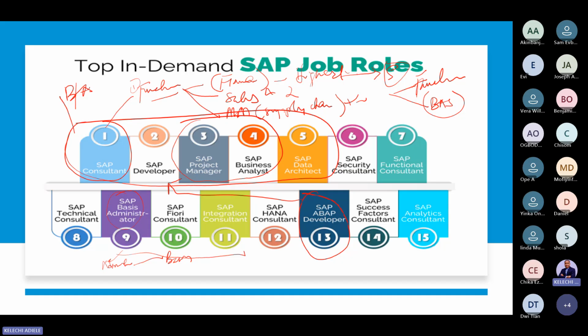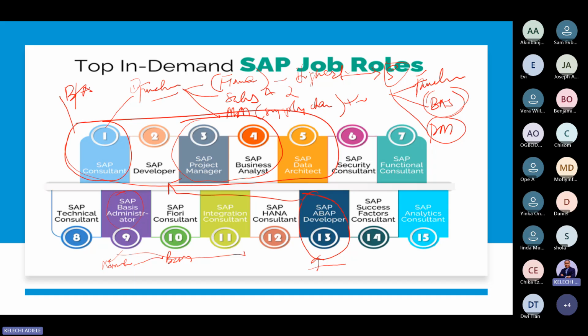So most times these jobs are not high in demand because you don't have a lot of them. I don't think in a typical project you can have a lot of ABAP consultants. But these are functional, they are business facing. So you need a lot of them to make sure that the business is successful. But functional consultants, BAs and PMs are the top 3 roles that you will most likely see. And when we go into the market, we're going to see how those roles are performing.